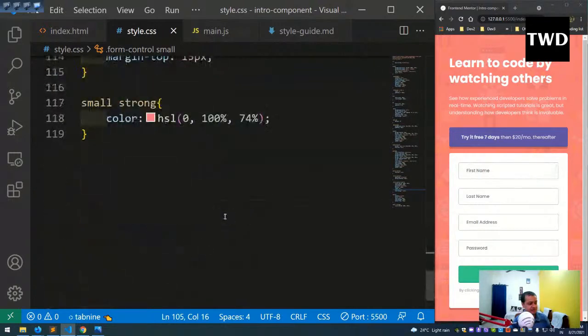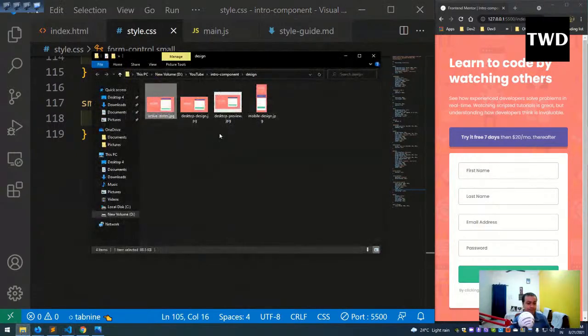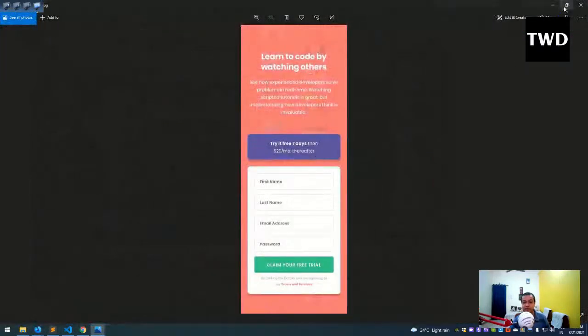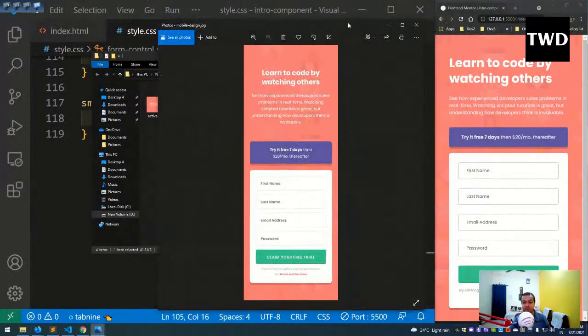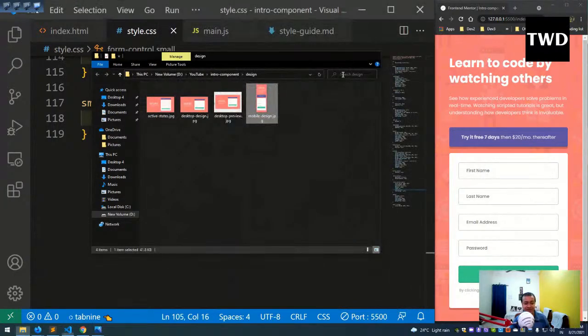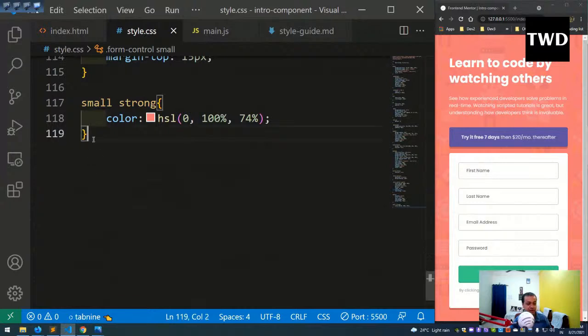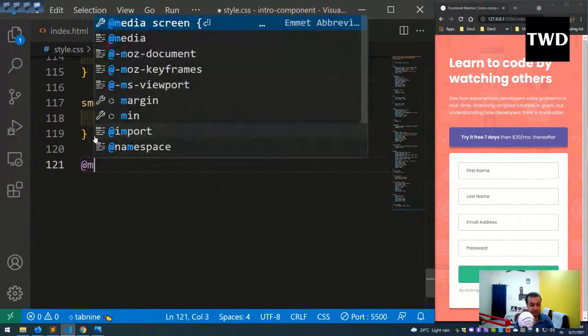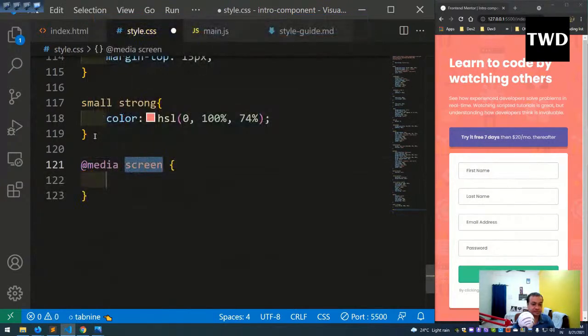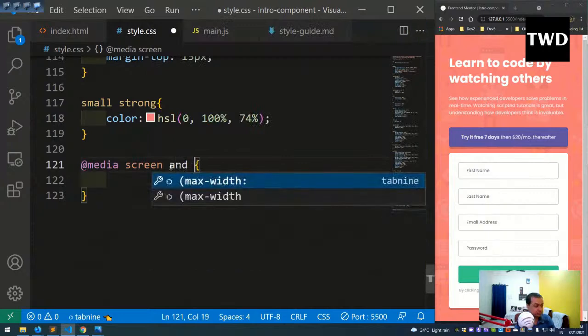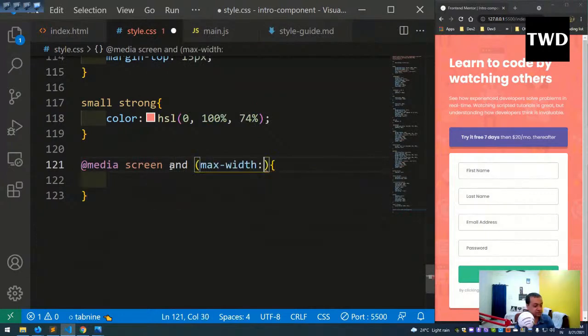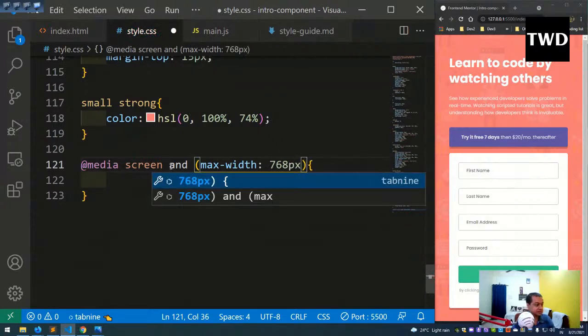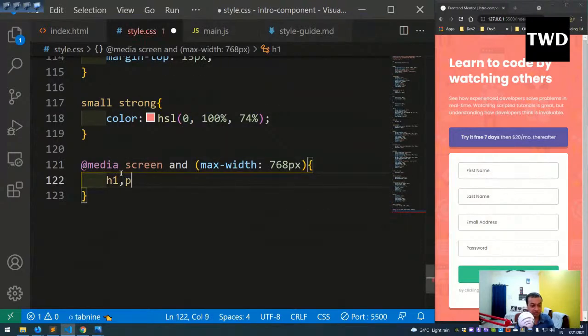Everything is right. A bit of media query is required. See, Flexbox is so powerful. Most of the things in the mobile view are already done, and we don't have to make it pixel perfect. The main thing is learning here. Add media screen, and max width is 768px, h1 comma p,